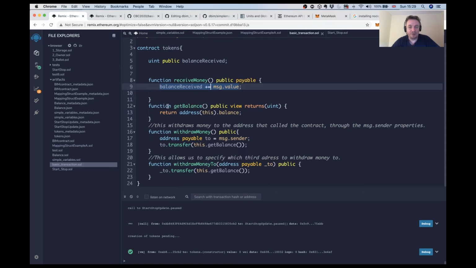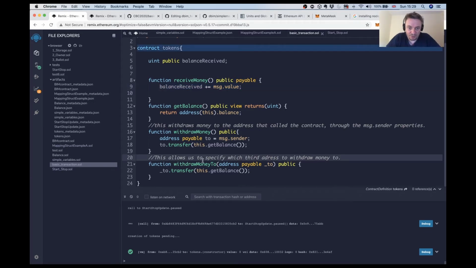And we also declare another function, which is the balance of the contract, and this essentially returns another uint with the balance of the contract. Another function here declares that we can withdraw money to the address that called the contract through the msg.sender property, right? So essentially, I can withdraw money not to anyone, but specifically to the address that constructed the contract in the first place. And then we have a third function, which essentially